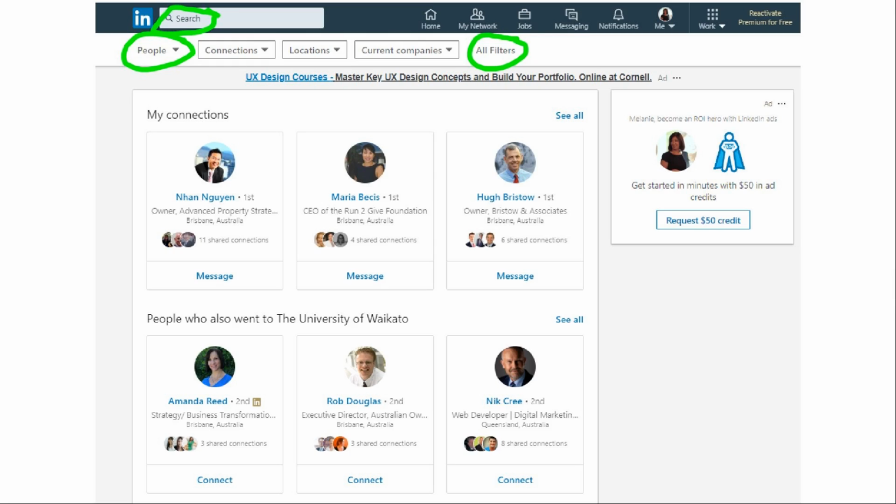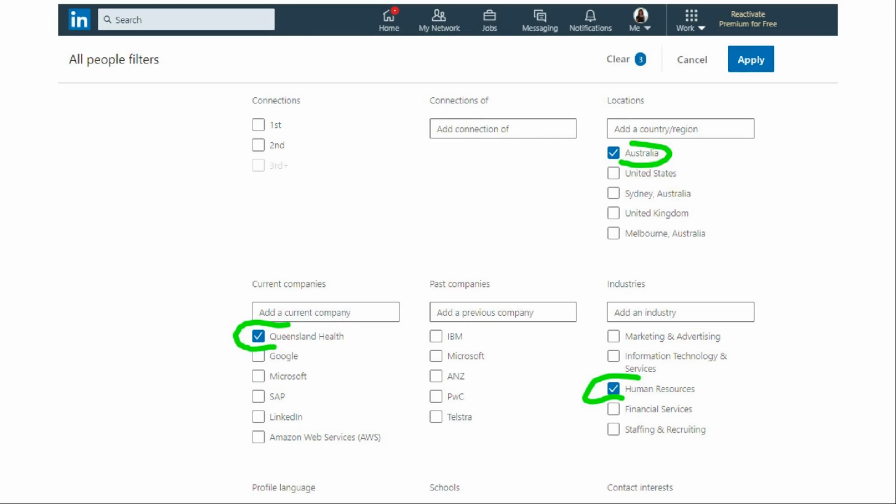If you click on all filters, this is how you basically say you might want to find learning and development managers in a particular industry or something like that. Click on all filters and then that will take you to this page. And there's more if you scroll down, but obviously we can't on this. So you might say, okay, I want Australia, obviously, and I want to find people who work for Queensland Health in human resources. So you don't have to search for a particular company, but in this case, say I wanted to talk to all the HR people in Queensland Health,